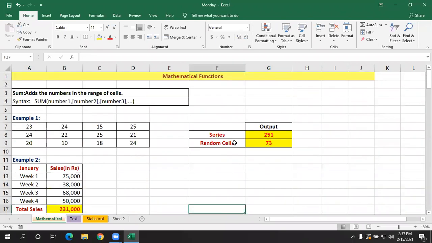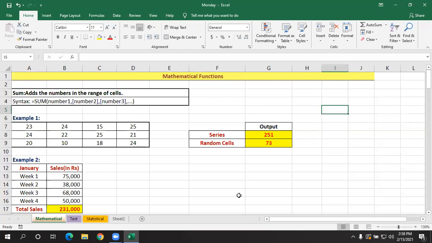Now, I want to know, have you understood this topic? That is SUM and SUMIF. If you have any doubts in SUM or SUMIF, please let me know in the chat. No condition, only SUM.